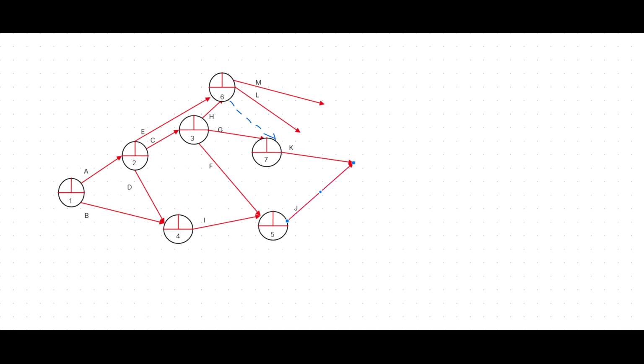Therefore, we have two options. We can take L directly, but we need to complete M or L separately. Both options are available. I like to complete M separately because we can't directly take LM to one particular event. You should complete M separately, or you can complete L separately. Both options are available. Then you can use a dummy from event number 8, then we can complete the entire project